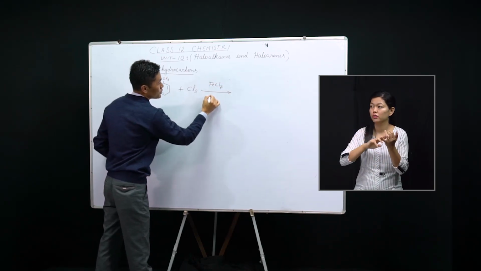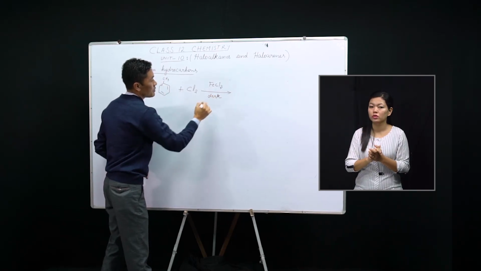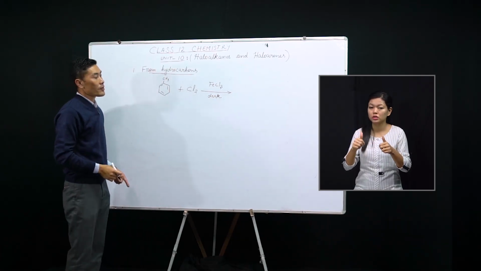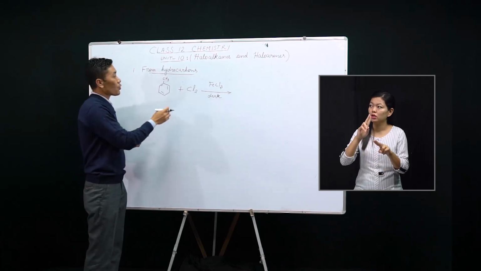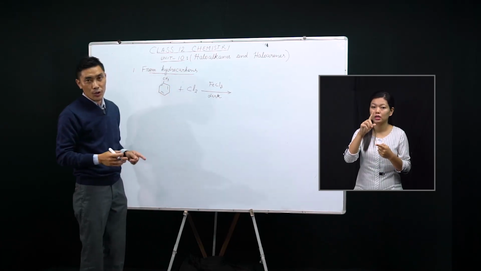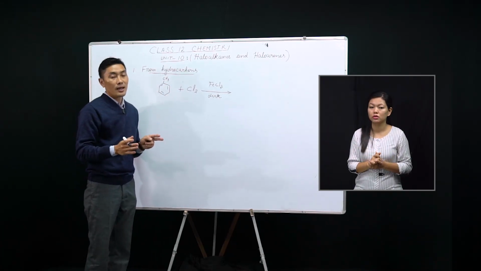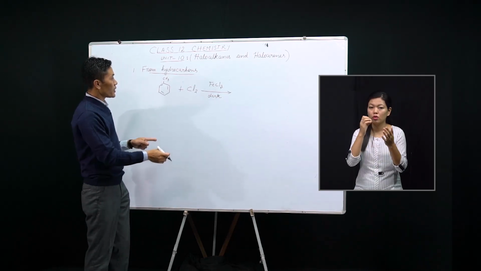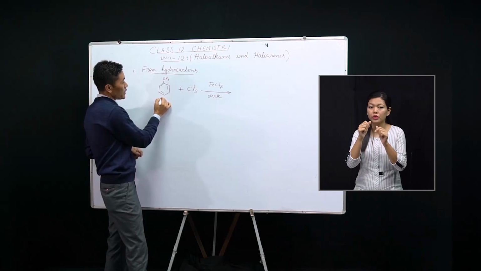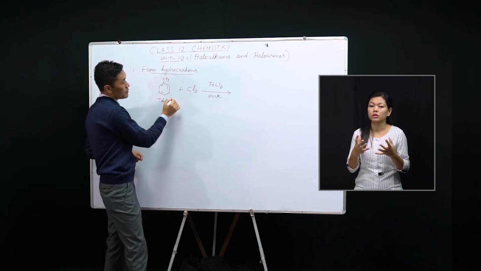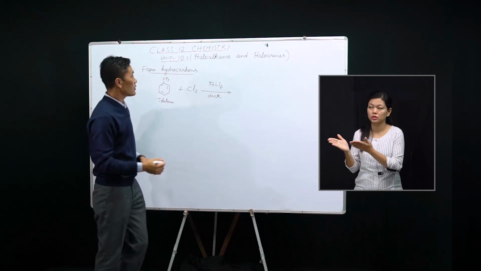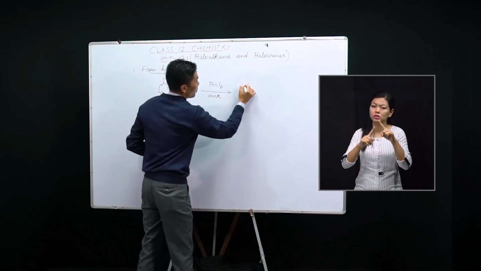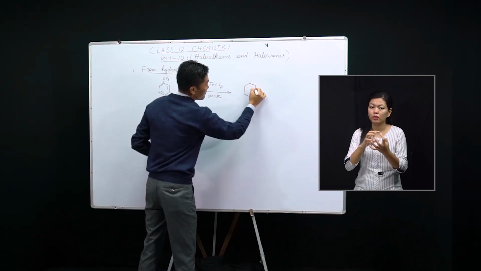The reaction usually takes place in the dark. Substitution takes place at ortho and para positions. So usually we get a mixture of ortho and para substituted products. So in the case of toluene reacting with chlorine, we get ortho-chlorotoluene